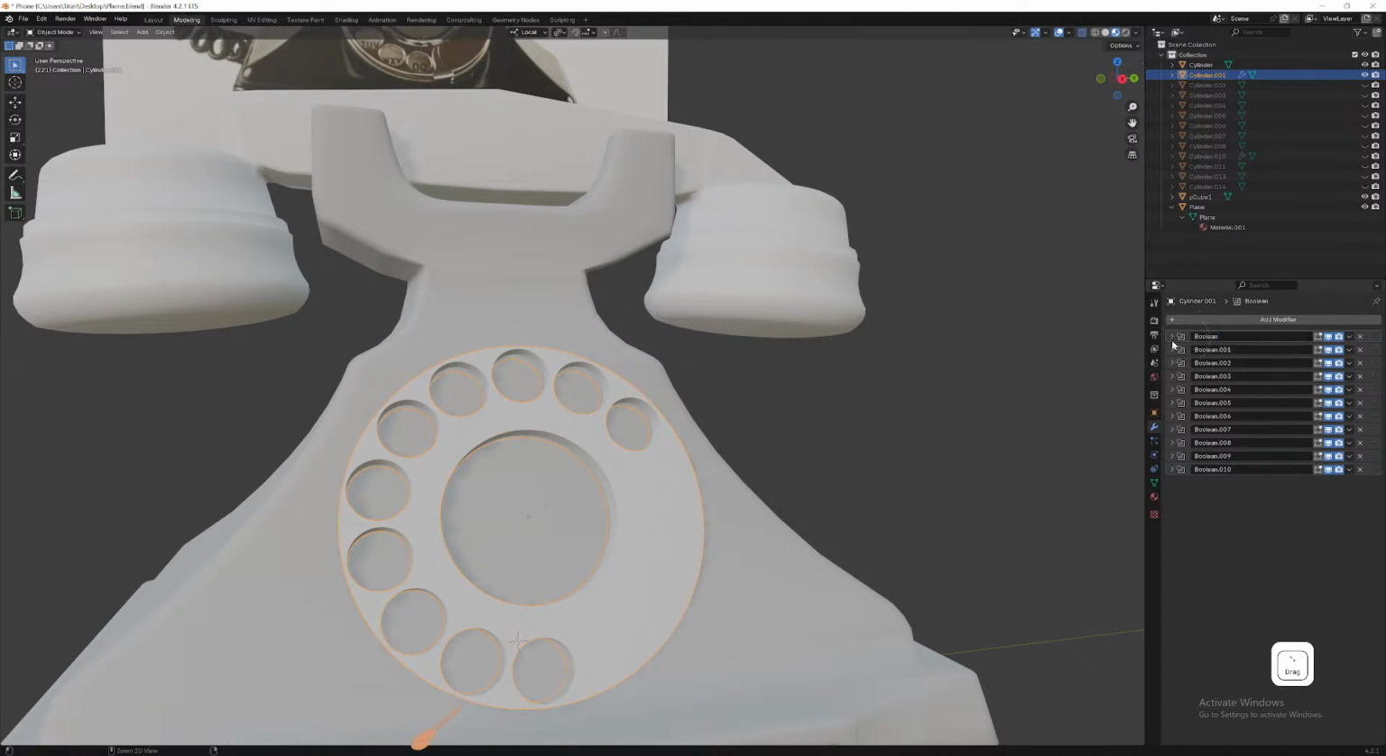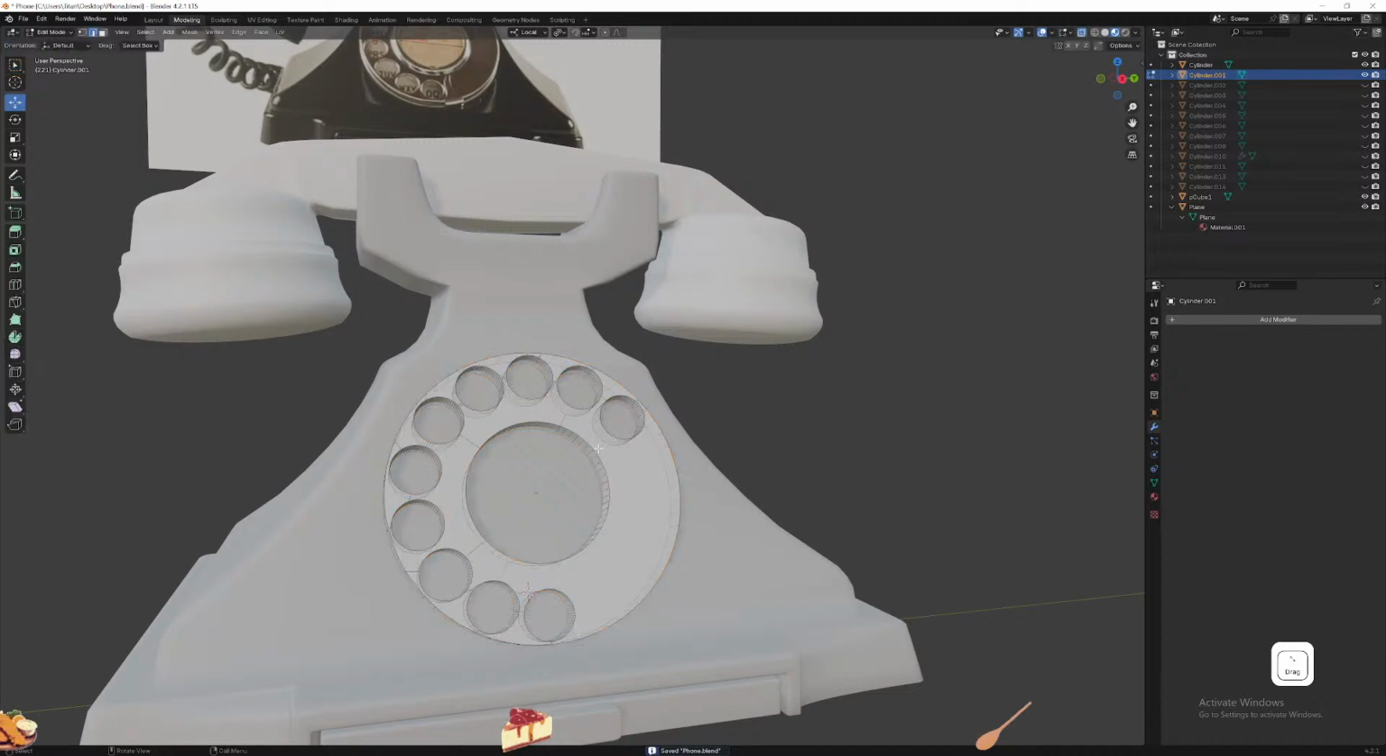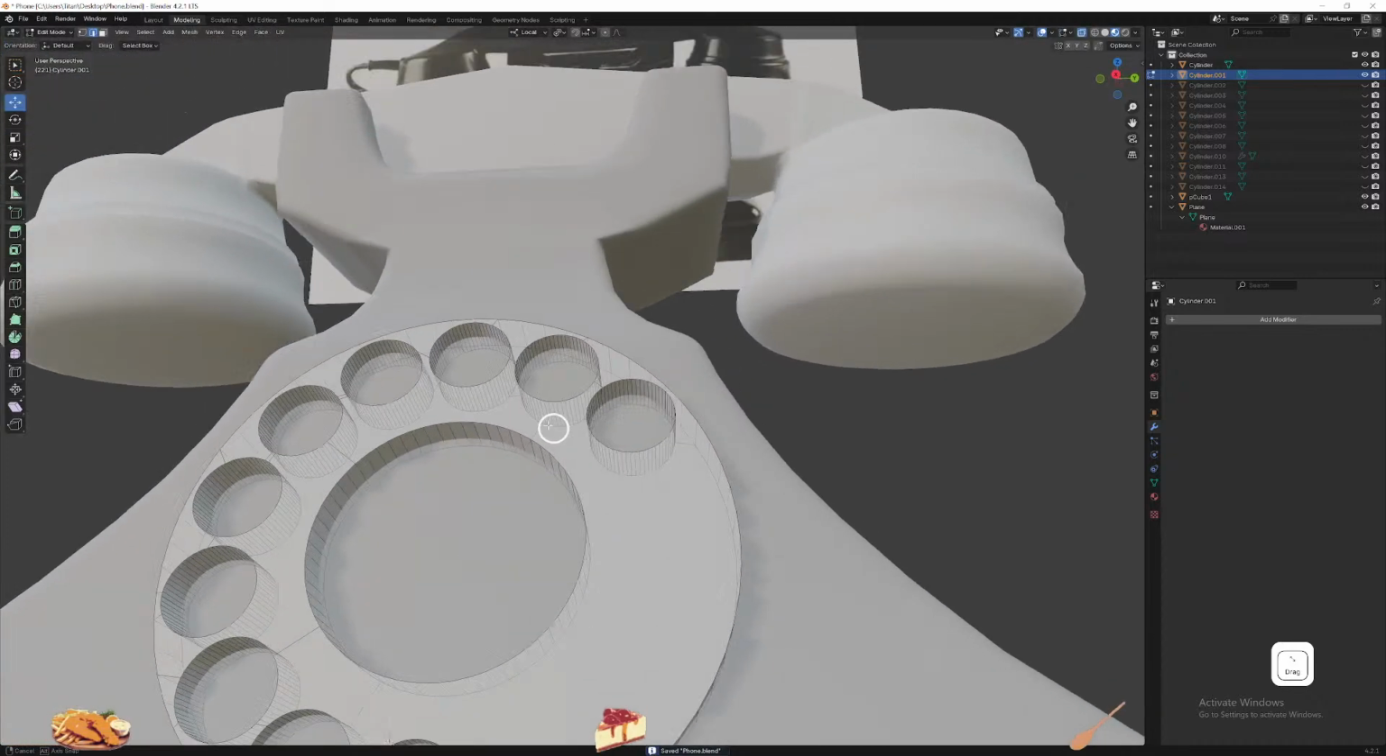Where is it? Just Control A. Tick, tick, tick, tick, apply. Apply, and you do apply. There you go. Save. Now let's go tap, edit. Nice. Now we got this